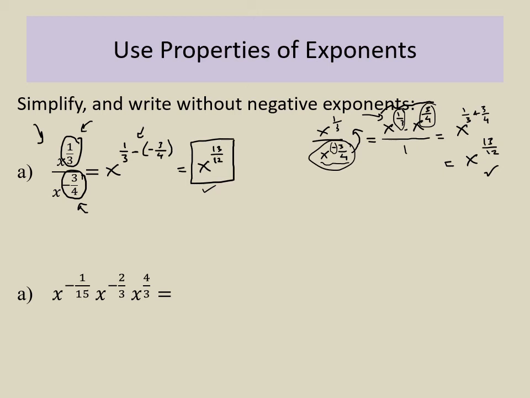Okay, let's do this next one together. We have x to the power of -1/15 times x to the power of -2/3 times x to the power of 4/3. This is all multiplication, guys. We're multiplying all of these x's together. The base is x. So which rule do we use when we multiply? When we multiply the base, it's the product rule. It says to do what with those exponents? Add them. So we're going to keep the base, and we're going to add